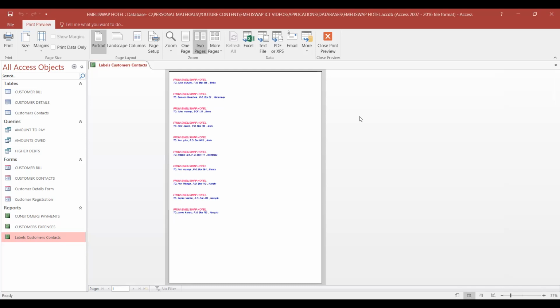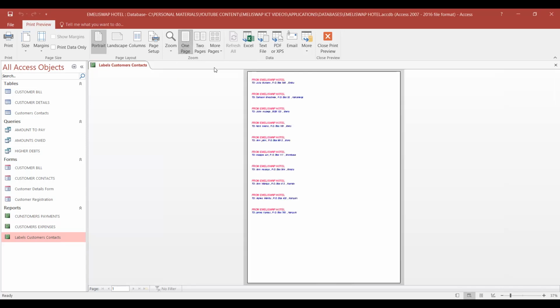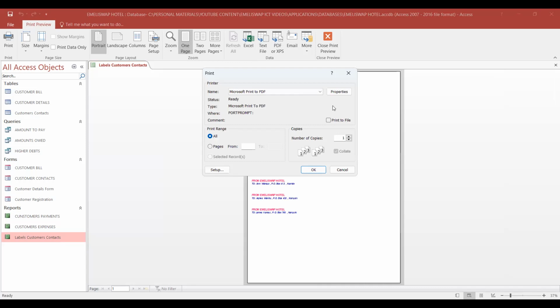There is no second page. My labels are fitting within 1 page. So I don't need to click on 2 pages. So let it remain on 1 page. So then I can click on print. As usual,